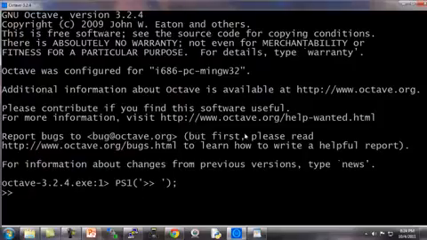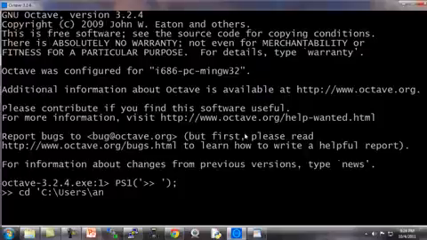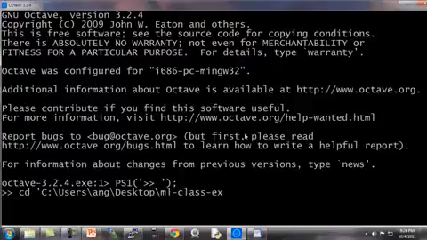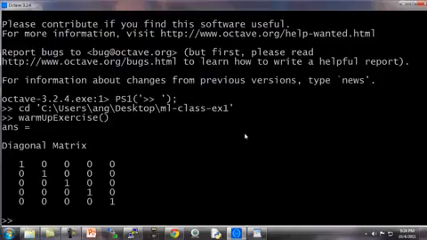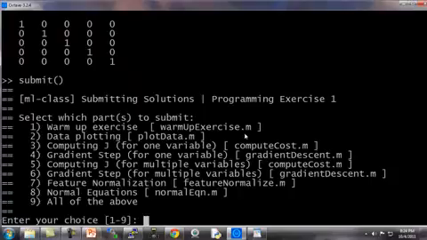Going back to my Octave window, let's now go to my directory, user/ang/desktop/mlclass-ex1. And if I want to make sure that I've implemented this, I type warm-up exercise, like so, and yep, it returns the 5x5 identity matrix that we just wrote the code to create. And I can now submit the code as follows. I'm going to type submit from this directory, and I'm ready to submit part 1,